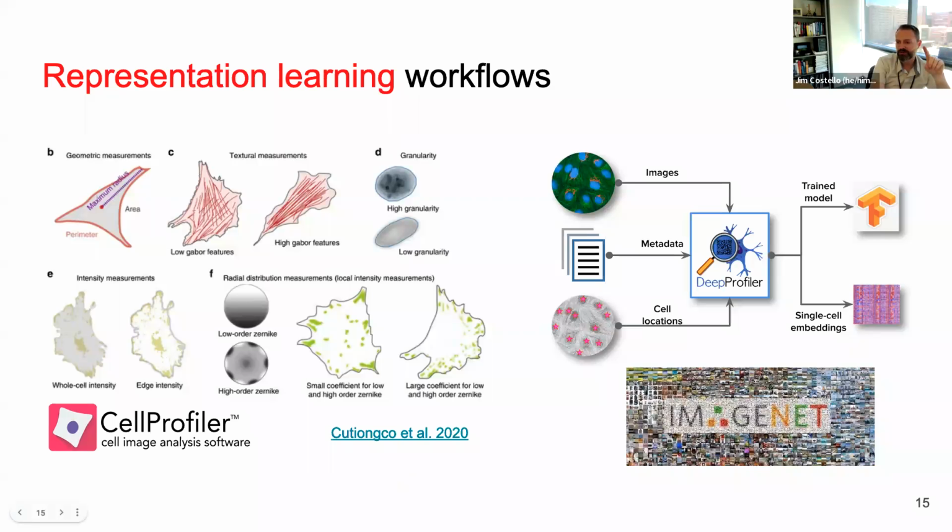Sorry, do you mind if I ask a question? Please, go ahead. You might be talking about this in a little bit, but I'm curious how good the prediction is across different cell lines, in particular ones with pretty significant morphological differences. What do you mean predictions? Well, identification of features, right? How does the quantification look across more mesenchymal, spindly cells versus more cuboidal ones? I'm assuming those were in the training model. I'm just curious how the actual biology of the cell affects that.